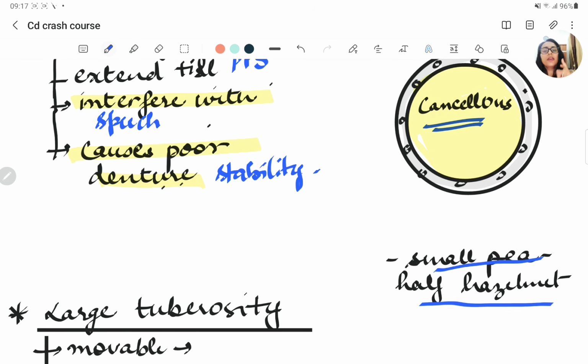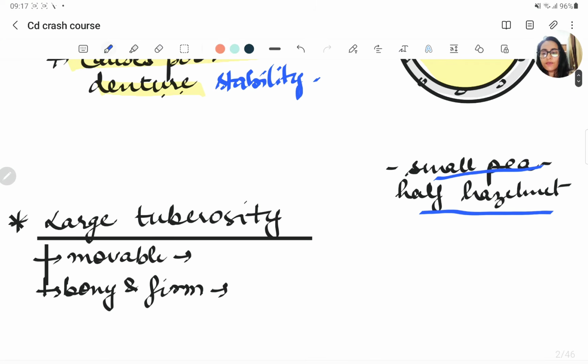So remember, if the swelling is present in the maxilla, then we see if it is used as primary support, but in the mandible it is always removed pre-prosthetically before giving the denture. So if the swelling is present as a large tuberous swelling in the maxillary tuberosity, and if the swelling is movable,